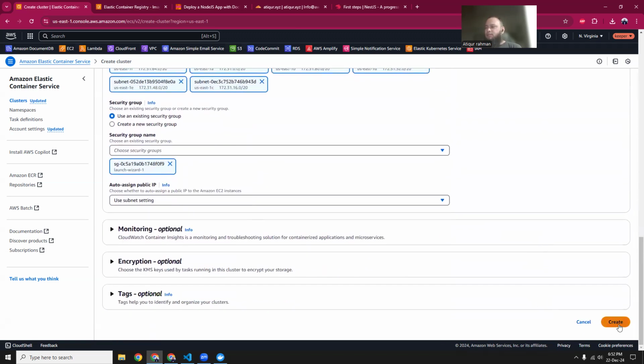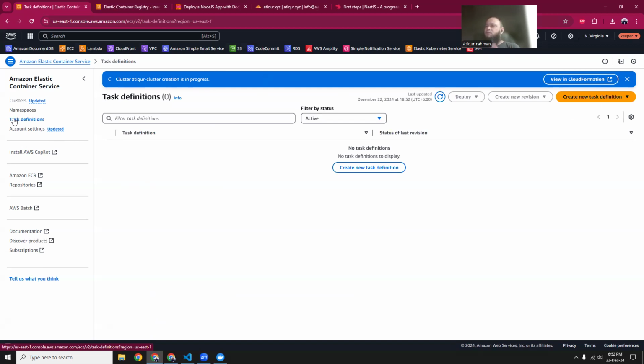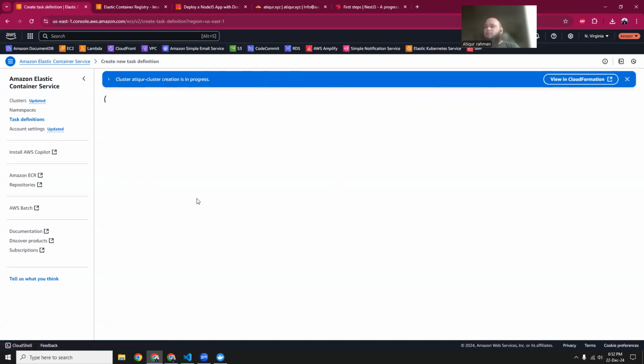Then let's create the cluster. The cluster creation process will take 2 or 3 minutes because it will launch one EC2 instance in the background. We'll show you. And then it will have installed an ECS agent over there. So while this is being created, let's go to task definitions. We have to create one task definition as well. So let's create a new task definition